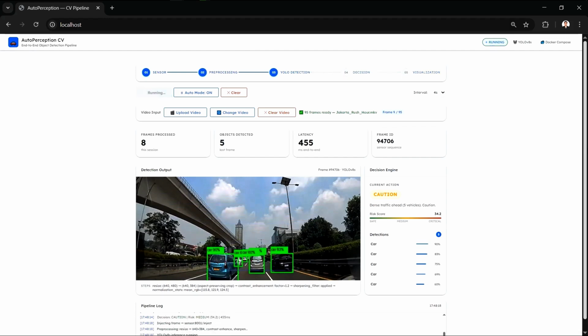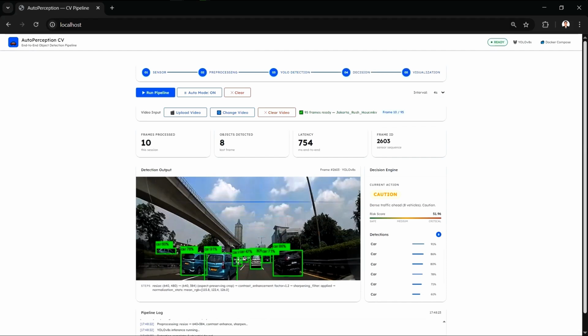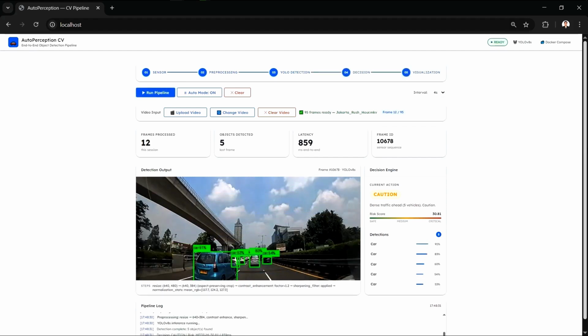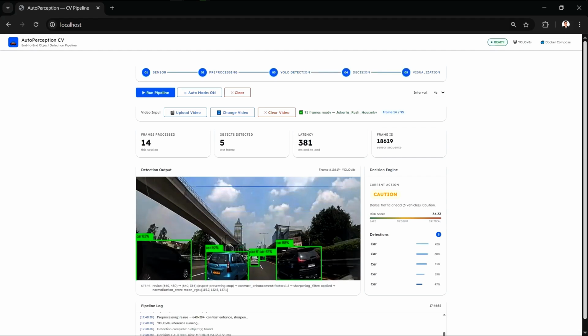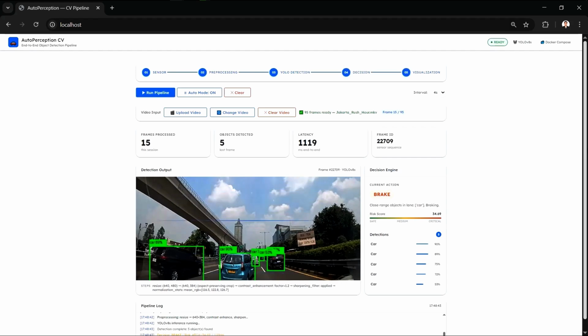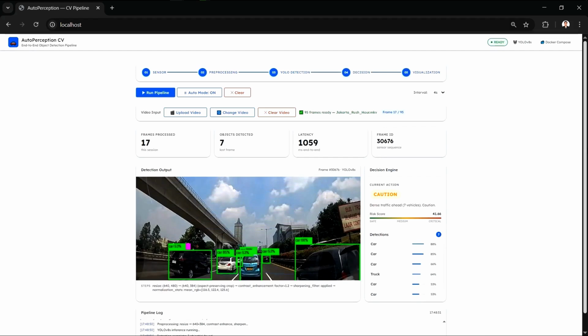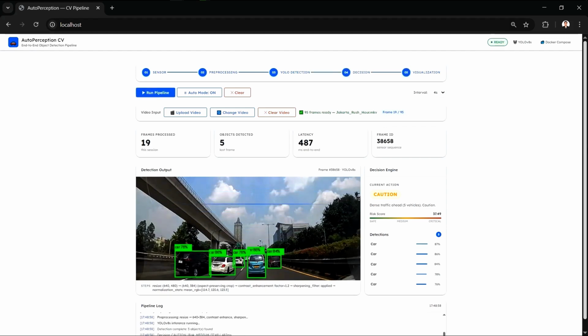This project covers containers, microservices, computer vision preprocessing, real-time object detection, and spatial decision logic, all integrated into one working system. The architecture is modular by design. I can swap YOLO small for a larger model, add a tracking layer, or replace the decision logic without touching any other service. Next step is training a custom model on Indonesian road data, motorcycles, angkot, mixed traffic, to improve accuracy for local conditions.